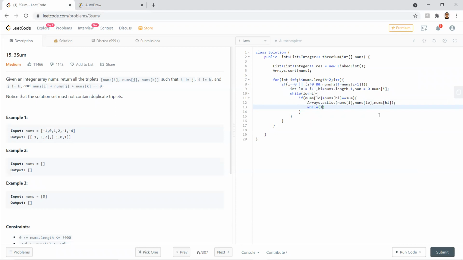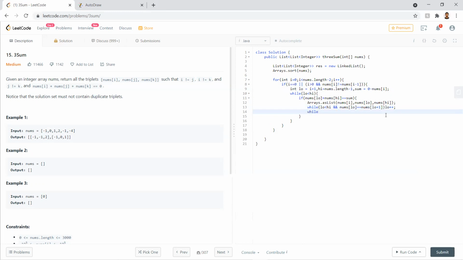While doing so, I also need to check if the previous low is not equal to the next low. If the previous equals the next low, then I will increment this low once more.